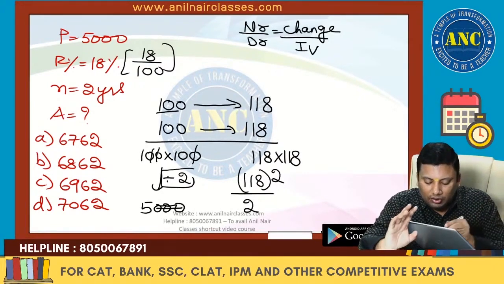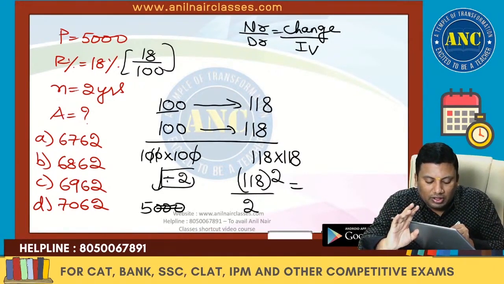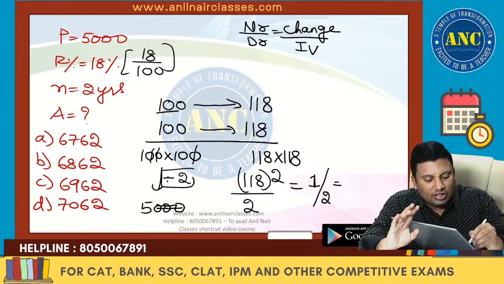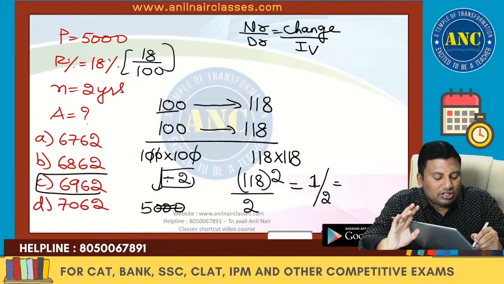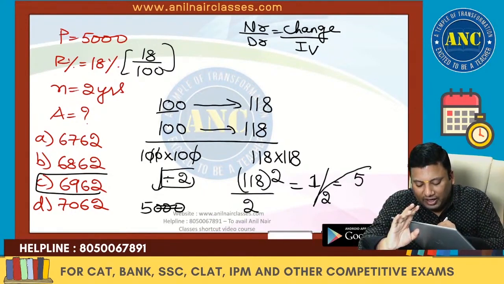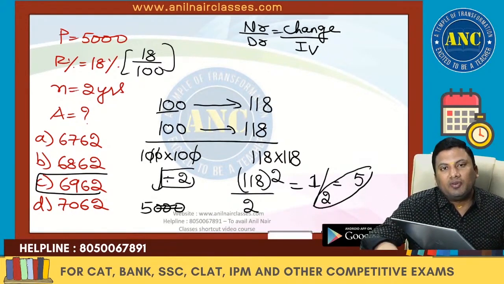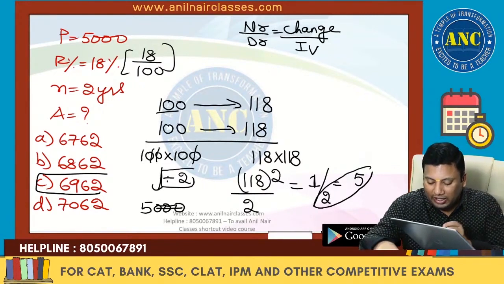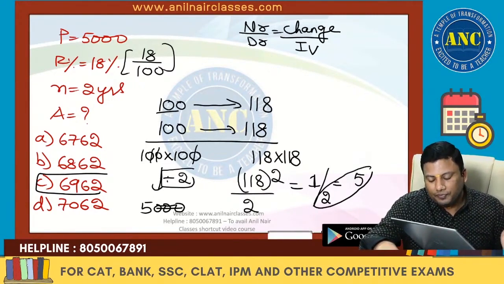Here also you can use a digital sum. 1 plus 1, 2, 2 plus 8, 10, 10 it is 1. 1 square is 1. 1 by 2 equivalent to. See here, 6, 9, 6, 2. 6 plus 9, 15, 21, 23. 2 plus 3, 5. If there is a division, convert the division into multiplication. 2 5s are 10. 10 digital sum is nothing but 1.